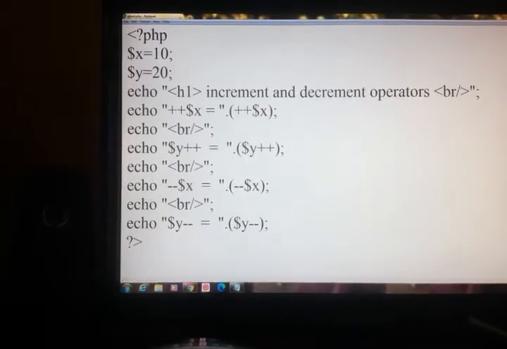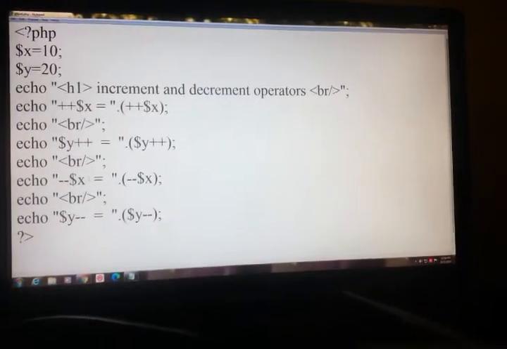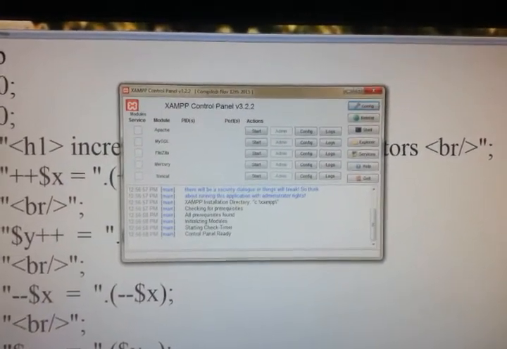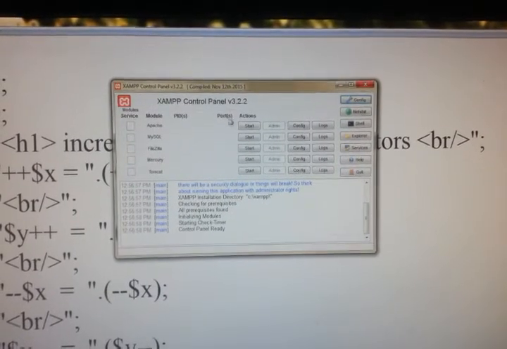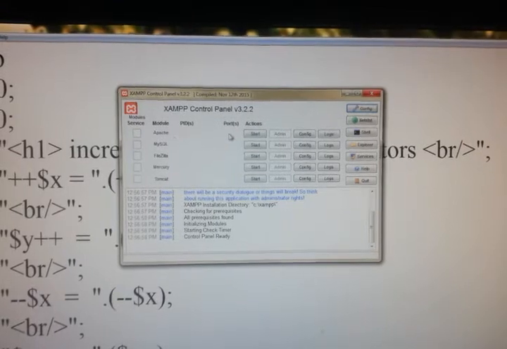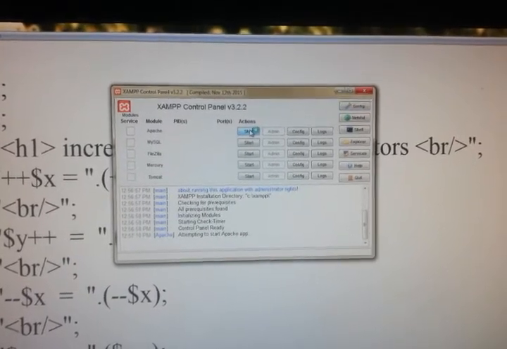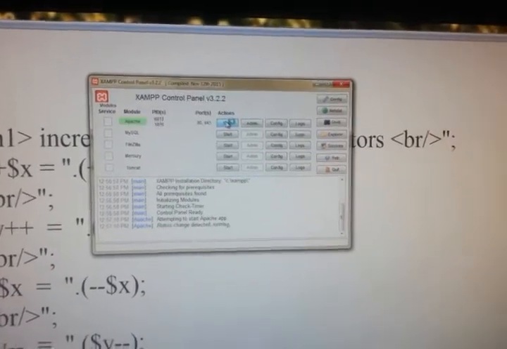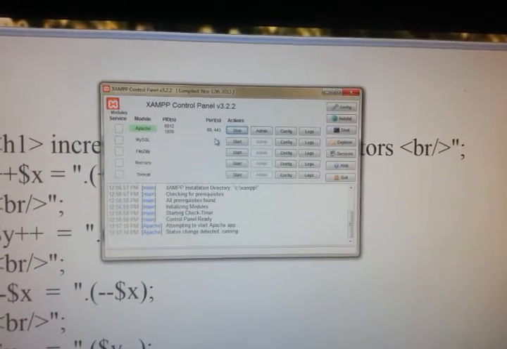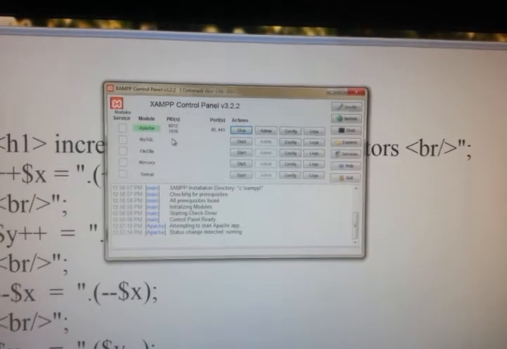So we have to open our XAMPP control panel. So this is our XAMPP control panel. All are not started. For this simple program, starting Apache is enough. So I am just starting it. Apache is a web server. We need that. So now Apache is started.